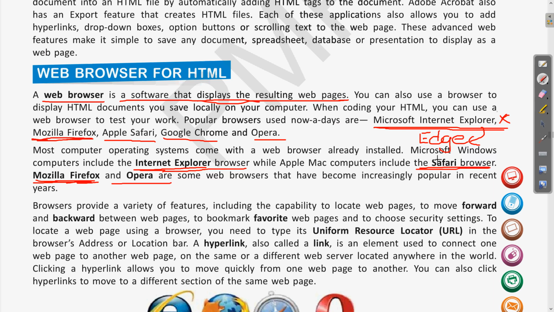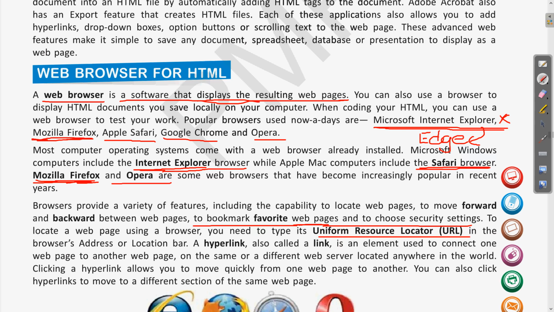If you want to bookmark important pages and add them to your favorites, we can use the bookmark feature, and various security settings can also be chosen using these web browsers. To locate a web page using a browser, you need to type its URL, that is Uniform Resource Locator.